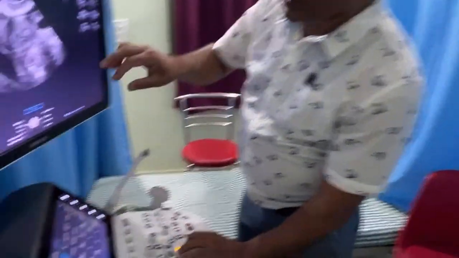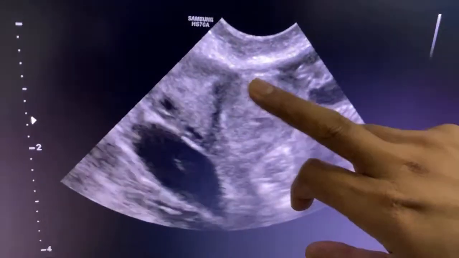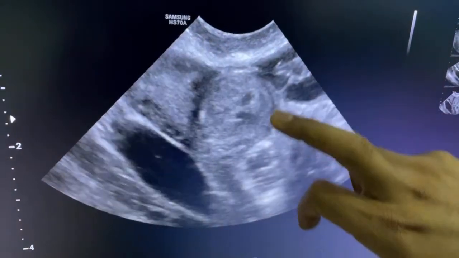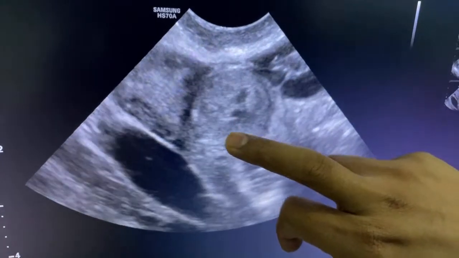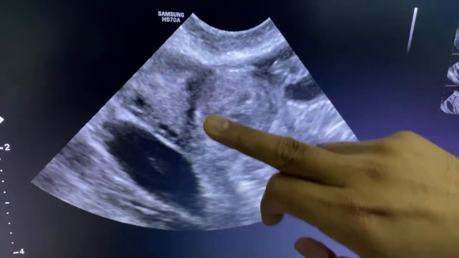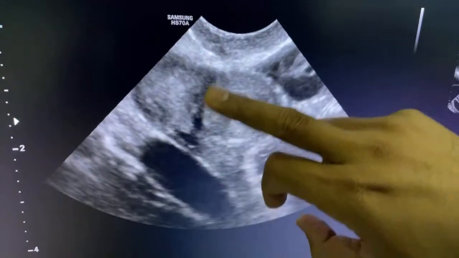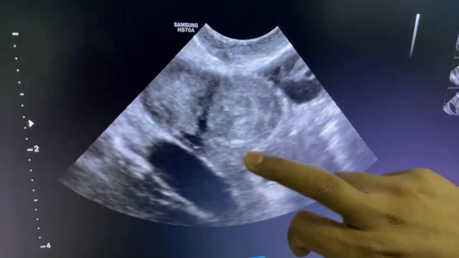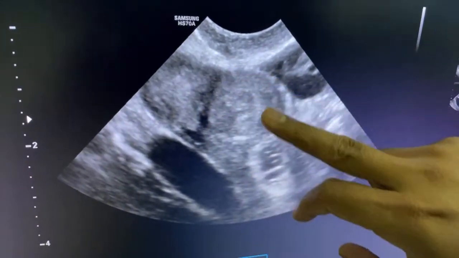See the details of this. You can say this heterogeneous lesion is the blood collection in the tube, and this echogenic rim is the tube. So that is unruptured. Why? We have no free fluid. I will show you a lot of demos of the common presentations also. No free fluid was there, neither was the patient having any pain. So your ultrasound picture should correlate with your clinical picture.